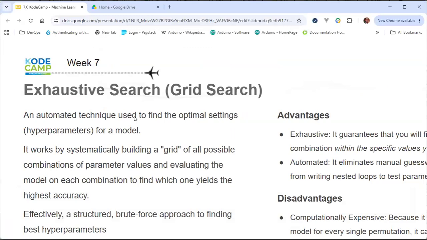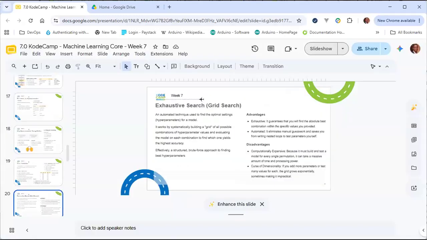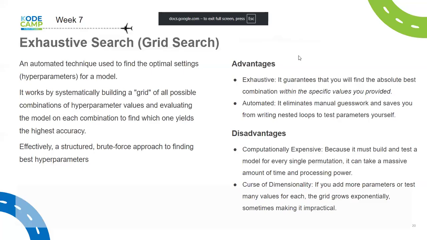Very high granularity would effectively mean that maybe you go every 10 steps or every 5 steps or every one step, right? But lower granularity would be maybe every 100 steps or 1,000 steps. But there's a tendency that you could miss the best value if your granularity is not high enough. So grid search will take every single combination and permutation of every hyperparameter,